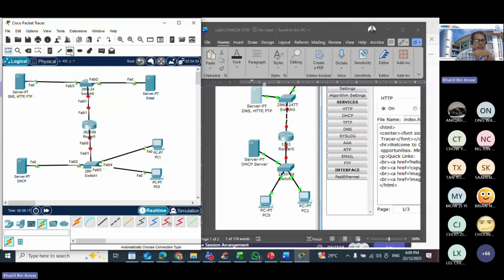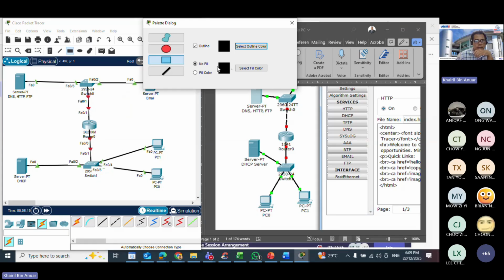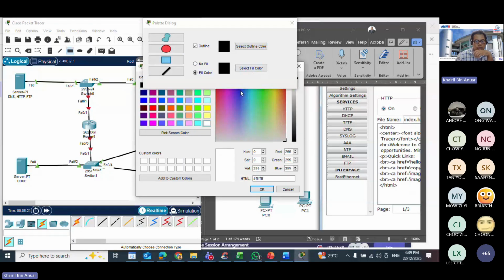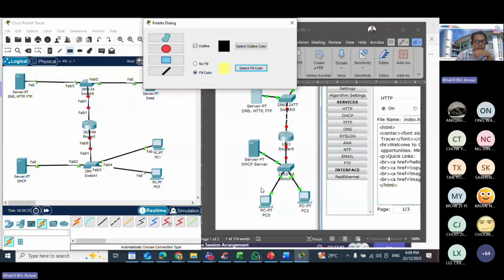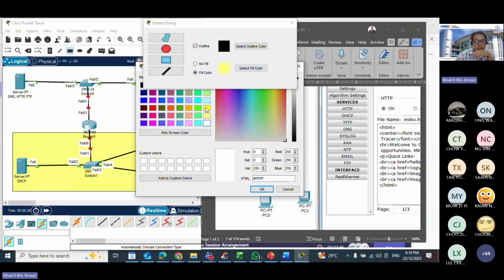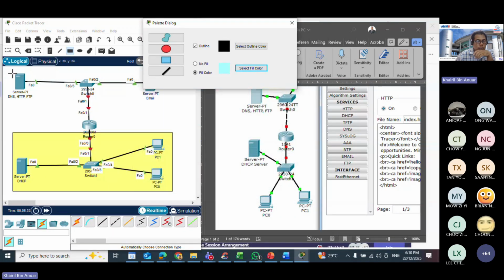As usual, I would suggest this as my configuration. Perhaps this one will be one network, and this another one will be another network on the top of the router.